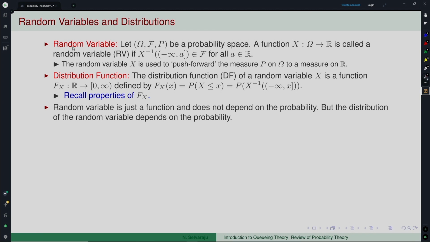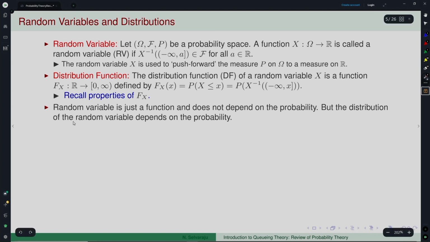Okay. You would have seen in the basic probability examples in a basic course the reason why you define a random variable and so on. That probability measure is typically defined in terms of what we call a distribution function, which is defined to be this. You all know that F_X of x is the probability of X less than or equal to x, which is nothing but this quantity, the probability of this measure. So, in order that you can assign probability to this, this is the reason why we want this to be inside F, the event space.